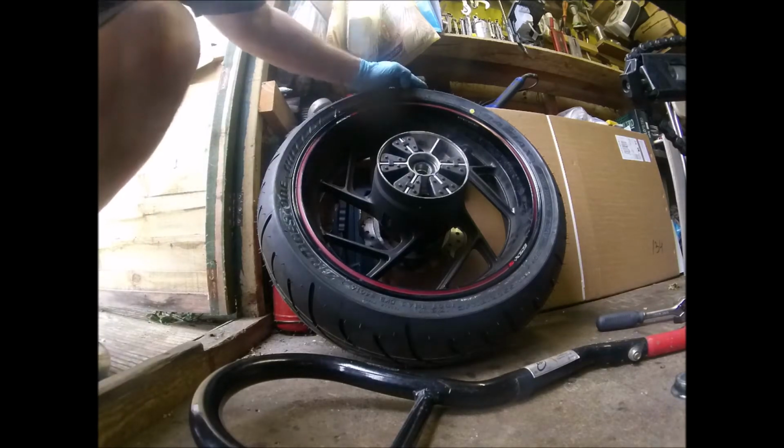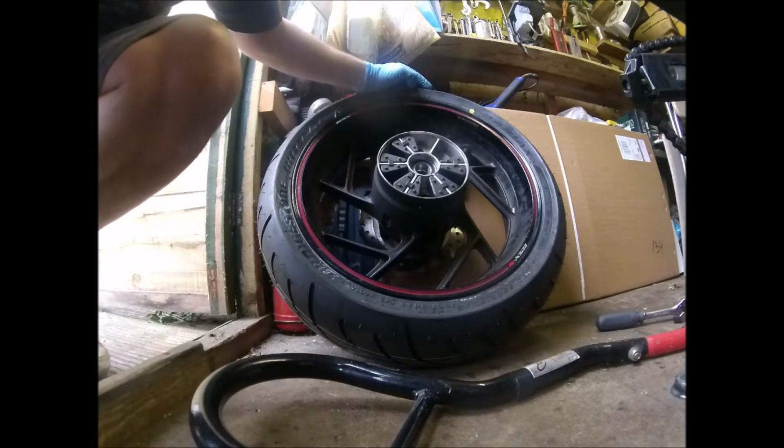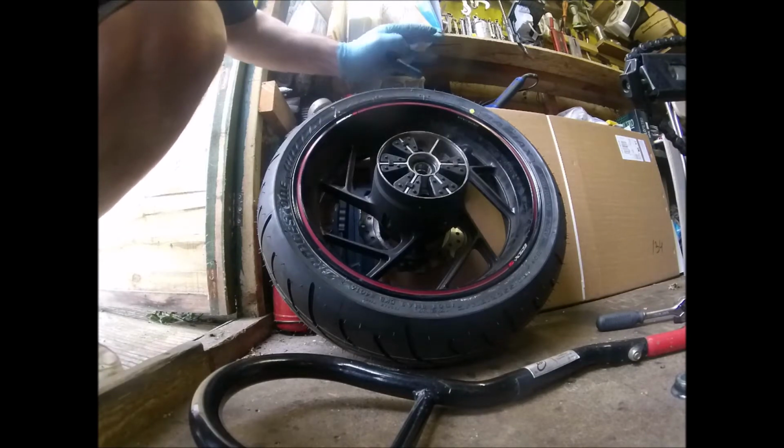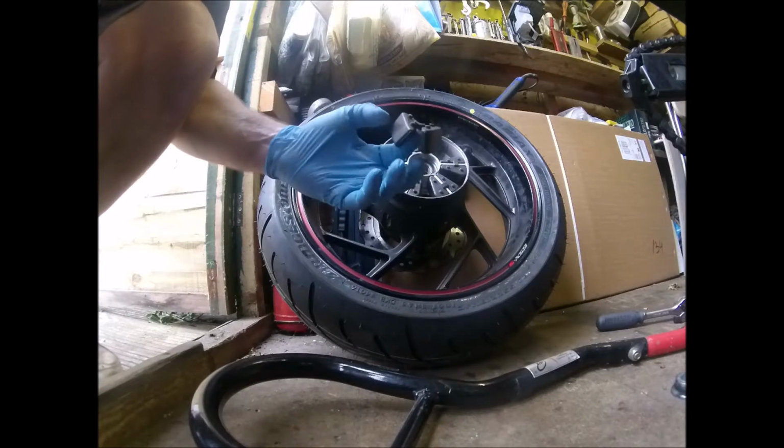I wasn't going to do this video, but then I decided I was, so it's in the stripped down state at the moment. So I just thought I'd show you the components and how it goes back together. And you've only got to do the reverse to take it apart. So obviously this is the wheel. You'll get your cush drives. Some of them are